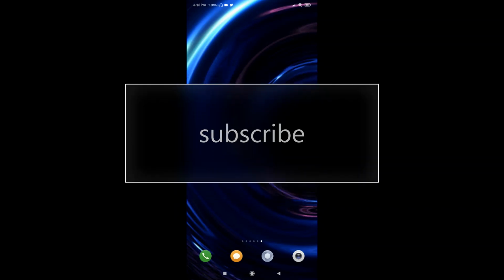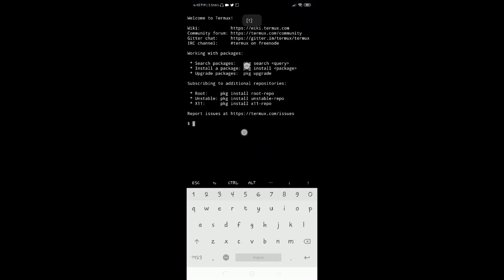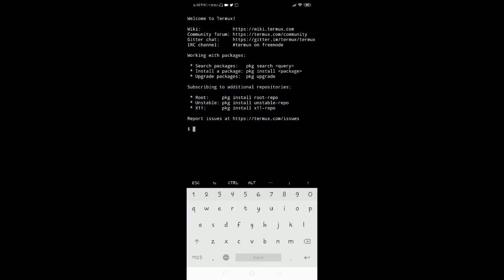So yeah, just one tool, get all the tools of Kali Linux in your Termux. So firstly, open Termux. Let me zoom it out. To install this tool in your Termux, you need to have the git package installed already. The command is pkg install git. After entering this command, just click on enter so that the git package will be installed in your Termux.